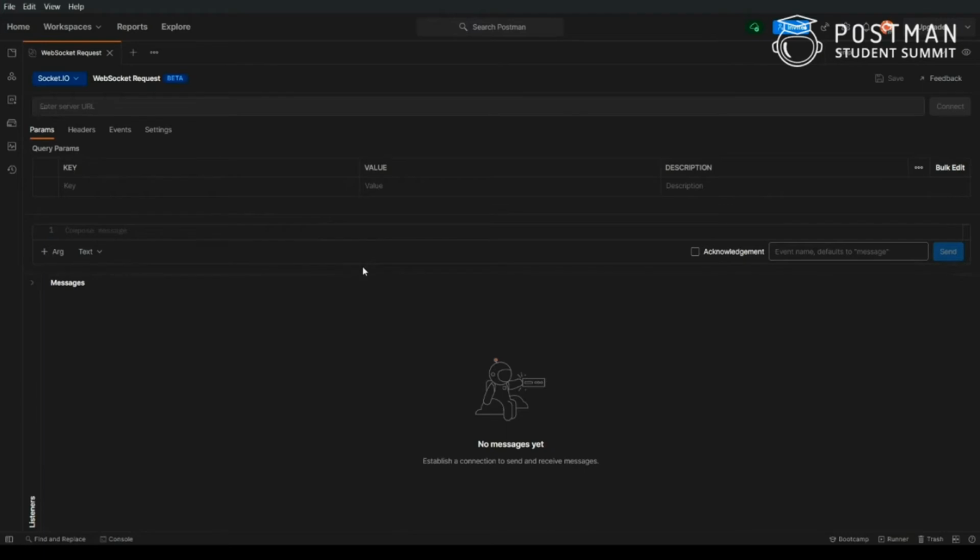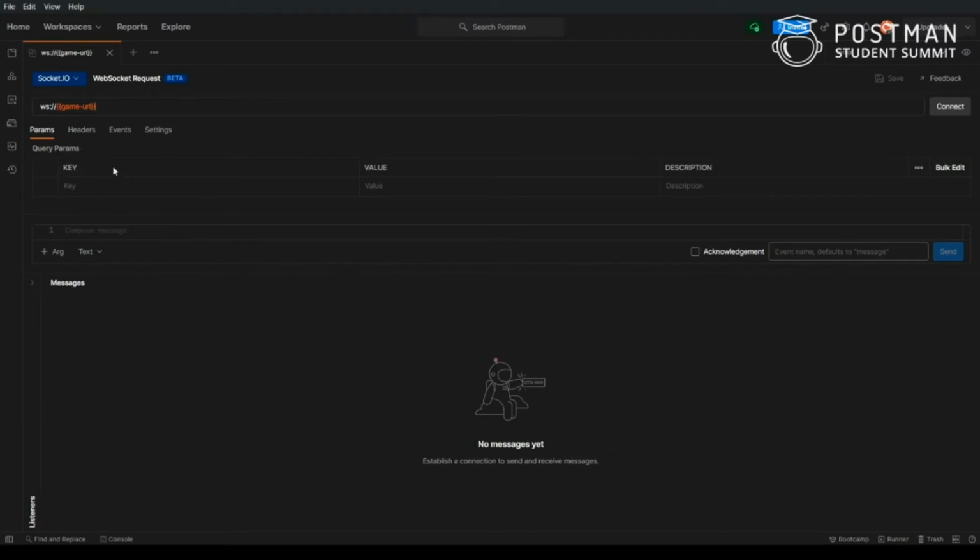Official support for WebSockets was introduced in, I think, July 30, and official support for Socket.io was brought on 5th or 6th August. So it's a very latest addition to Postman. Here again you can see the user interface. You will again have to set the URL. So I'll just set the URL and use the variable here. Now I have to connect over game URL, so I'll just use this game URL here.